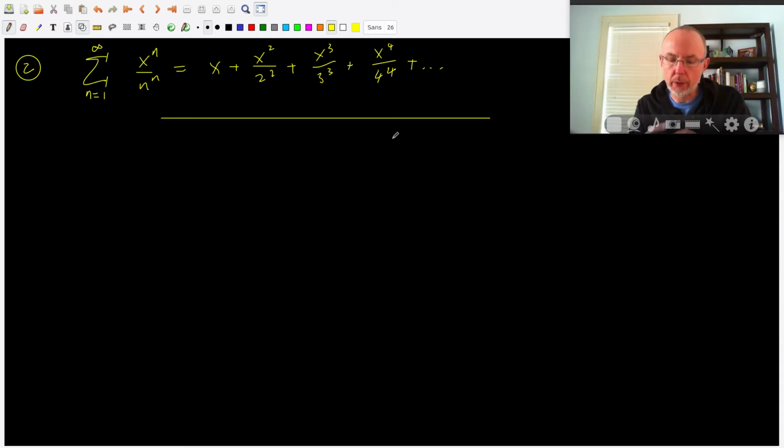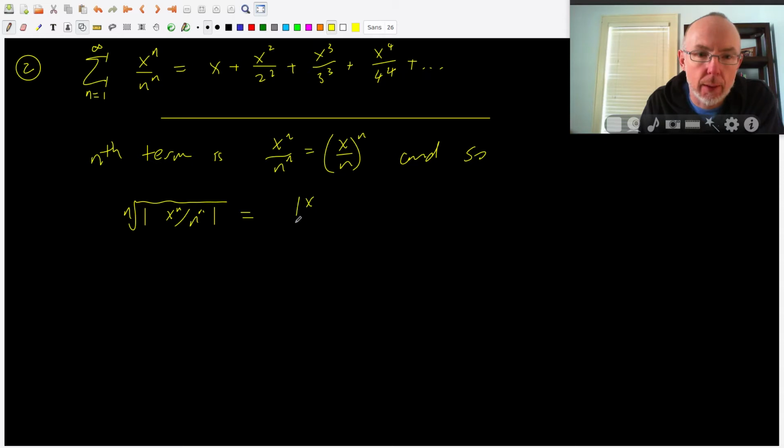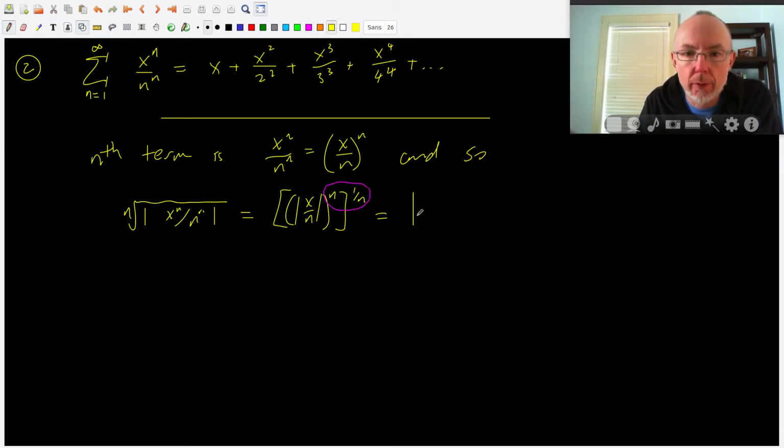So we can sit down and we can use the ratio test on this one, or we could use the root test, because notice that the nth term here can be written as just a power of n. And so applying the root test, well, remember we take the nth root of the absolute value of the nth term, which is x to the n over n to the n. And if you think about that as an nth power, and then the root is a 1 over nth power, these two multiply and give you n over n, which is 1,